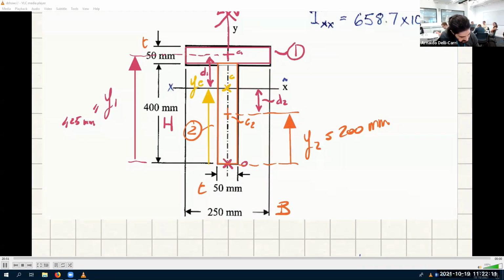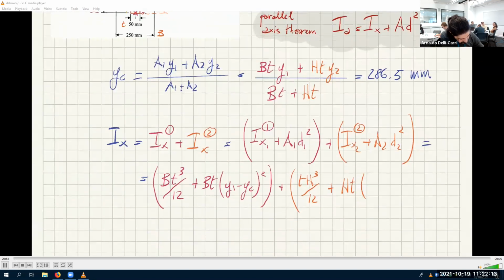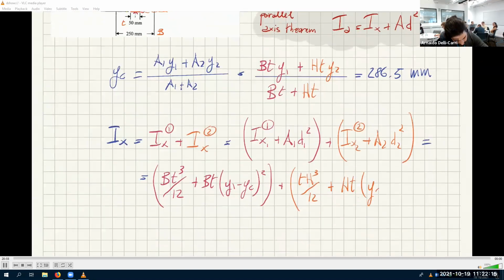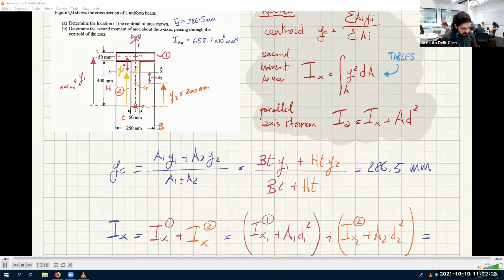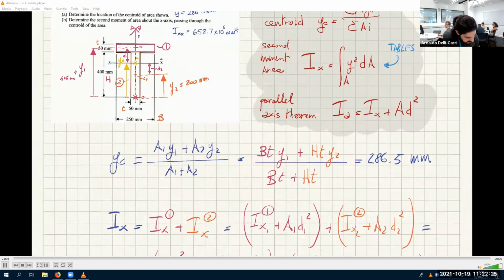This is distance d2, squared. Again, these are all numbers,